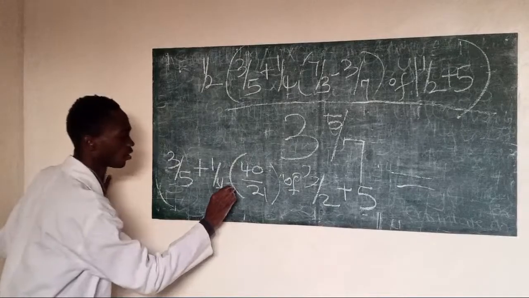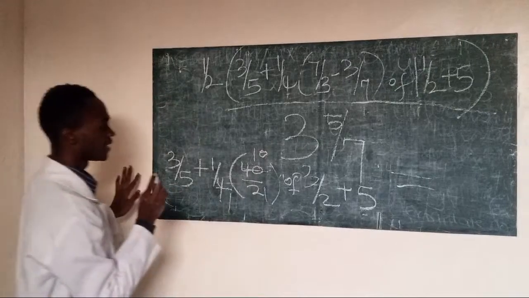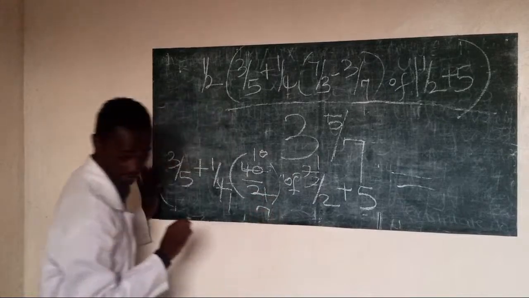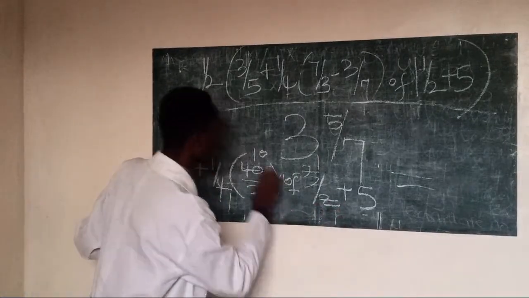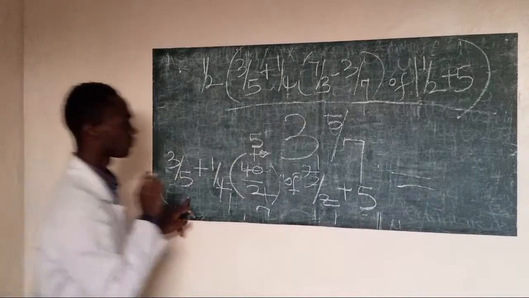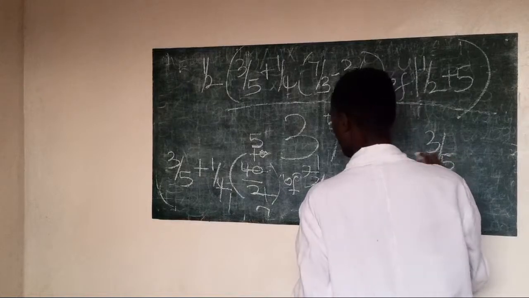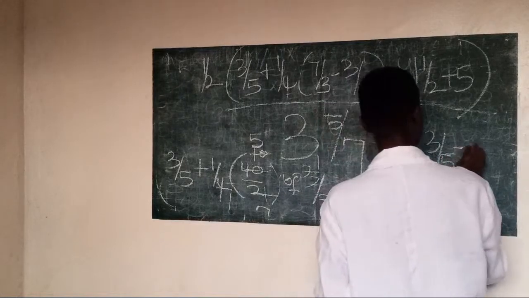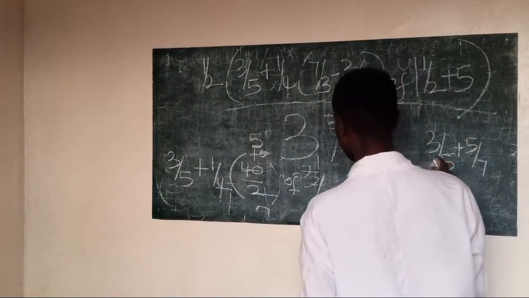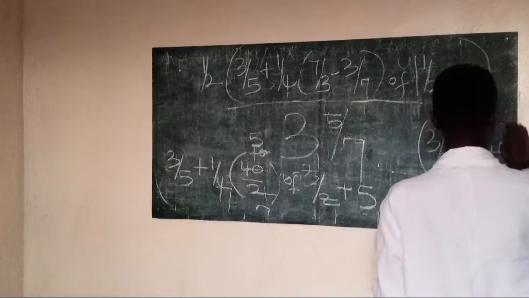I say by 4, 1, by 4, 10, isn't it? By 3, 1, by 3, 7, isn't it? By 2, 1, by 2, 5. Are we okay up to that point? We are okay up to that point. So you put 3 all over 5, plus, yes, 5 over 7, plus 5. Then the answer that I am going to get here, I don't forget to multiply with